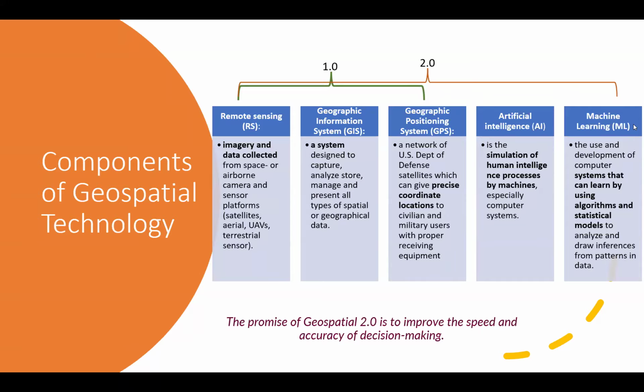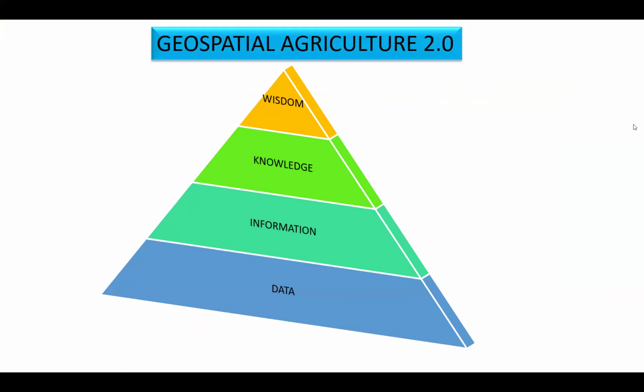But now, using machine learning, everything is being automated. You already have the trained algorithms built, through which you just have to give the input. This is the satellite imagery with a spatial resolution, whatever it is, you mention it, and then the system does everything. So this is geospatial technology 2.0. There are multiple stages in geospatial technology.